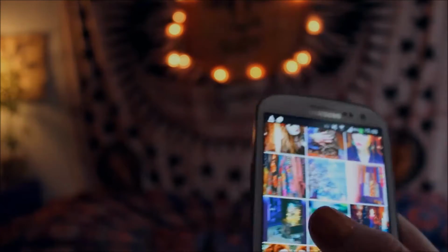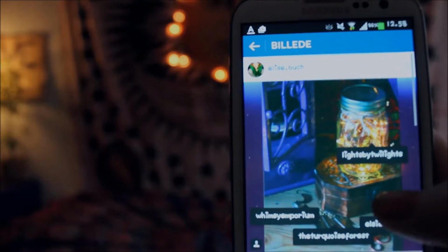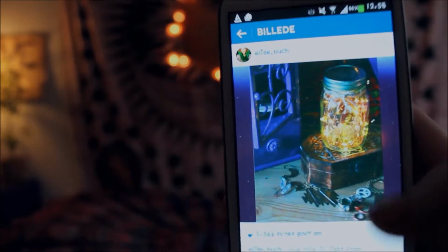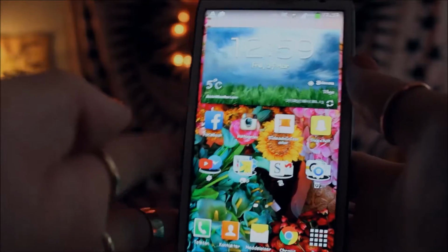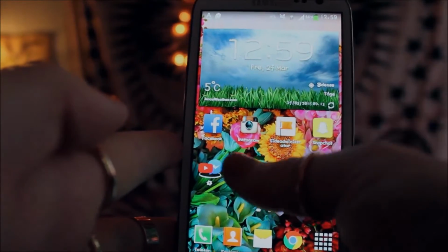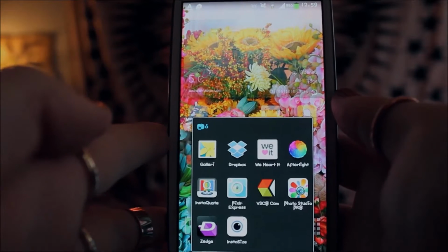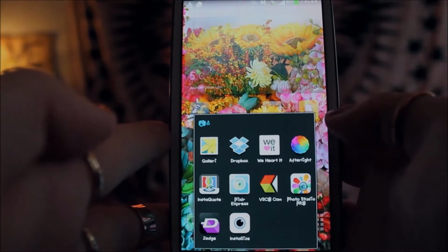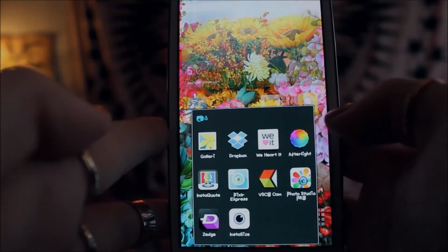And also I have pictures with frames. As you can see over on the side of the picture I have a frame, and I'm also going to show you what app I use to do that. So here we have all of my apps, and I've made a map in which I have all of my picture applications. I have Afterlight, which is the application I use the most,